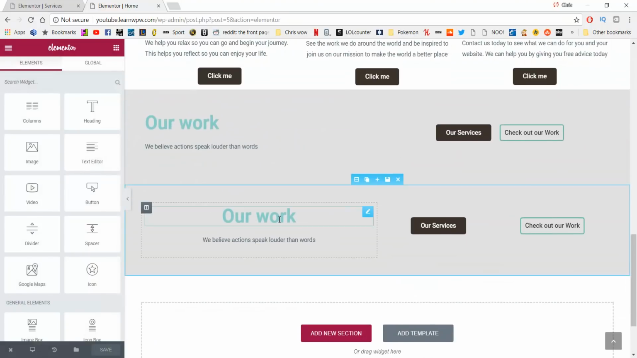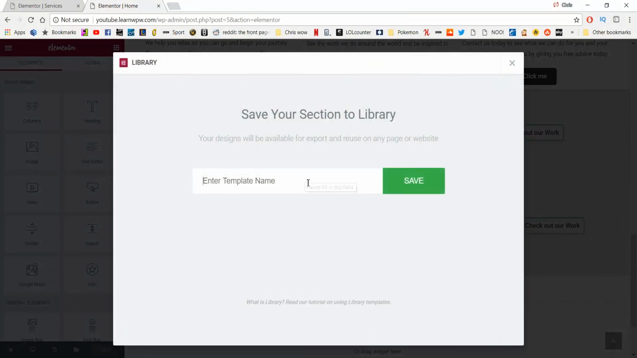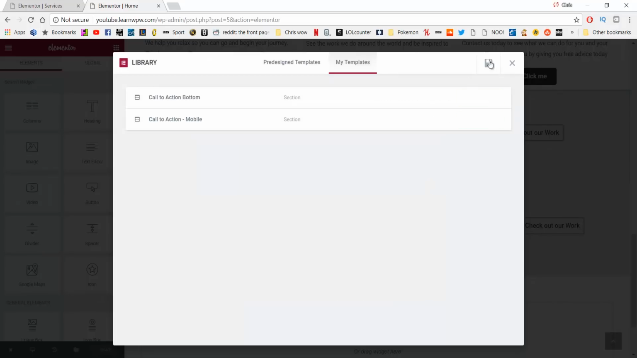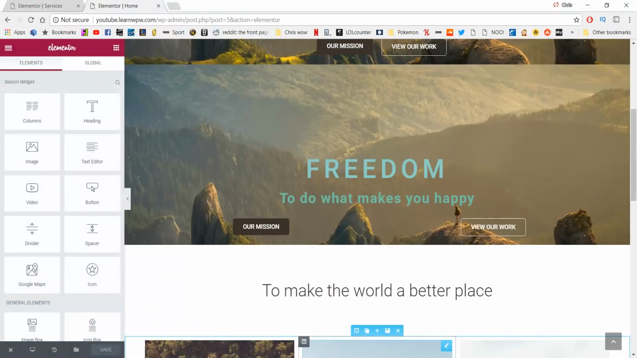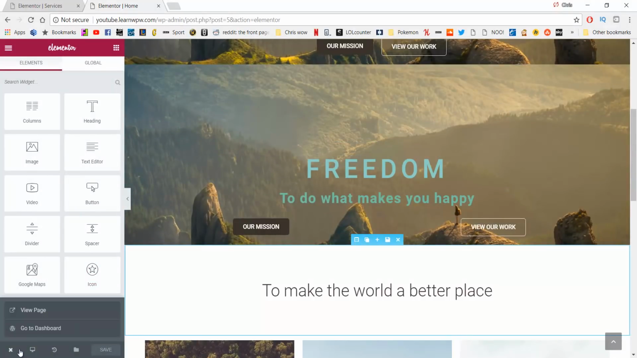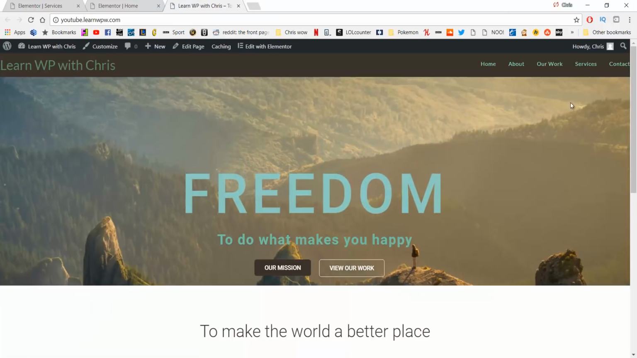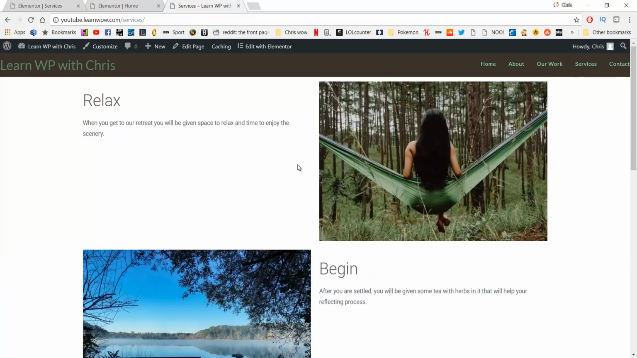And then we're also going to save the mobile version as well. So click Save Section and type in call to action mobile. And then click Save. So now if we exit out of that, and now go to our services page, and click Edit with Elementor,